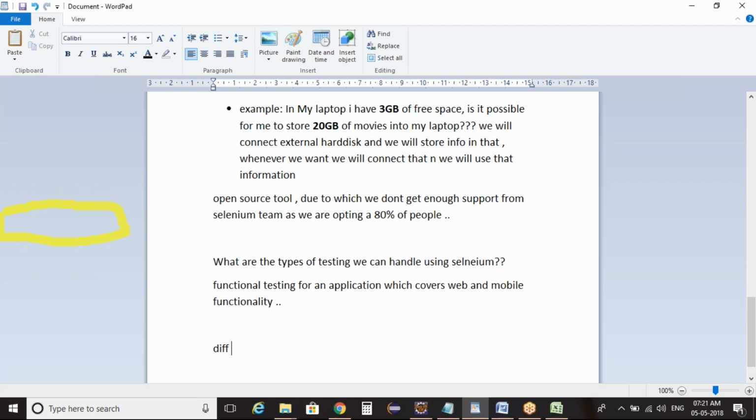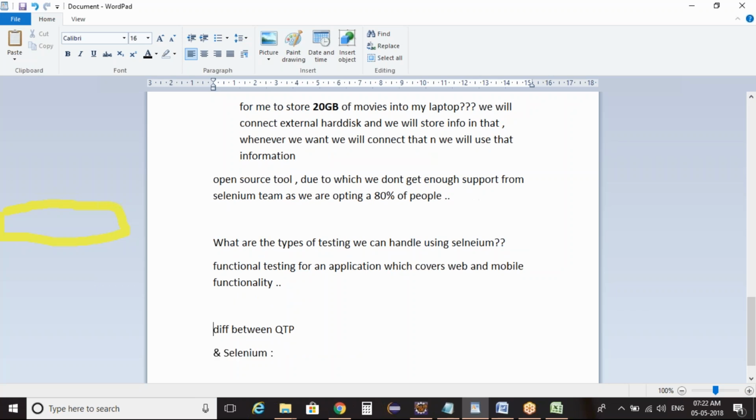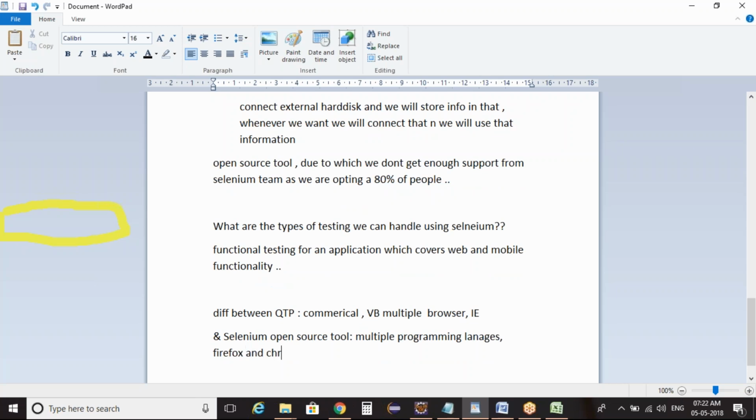And the next point is the difference between QTP and Selenium. See, the first thing is QTP, it's a commercial software. Selenium is an open source tool. QTP works with VBScript, it supports multiple browsers, and it supports record and playback feature on IE. Selenium supports multiple programming languages, not only a single language. As of now, with the latest Selenium component, it supports record and playback feature on Firefox and